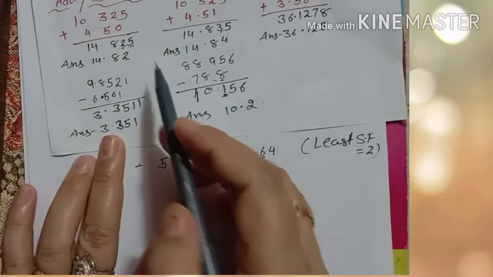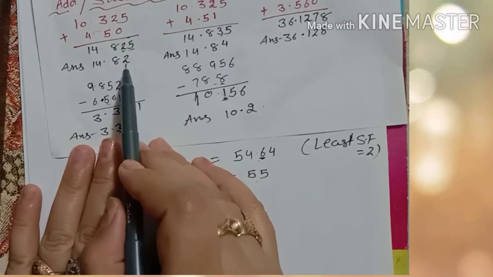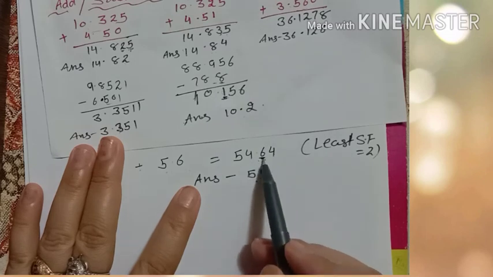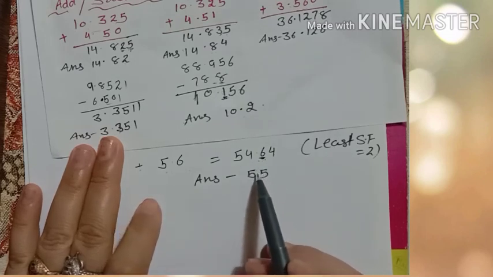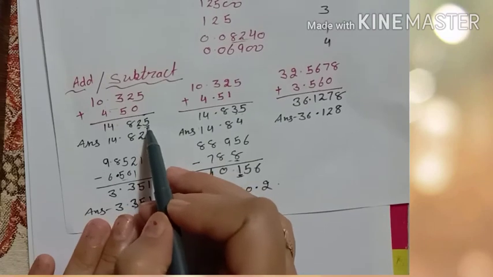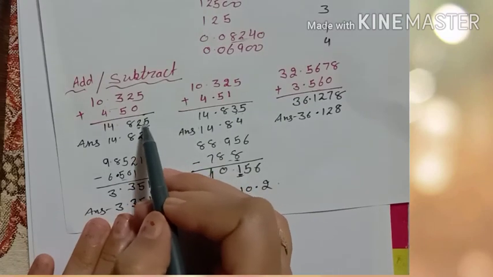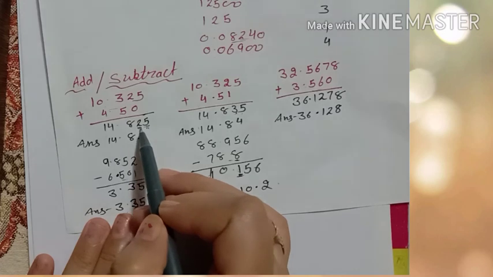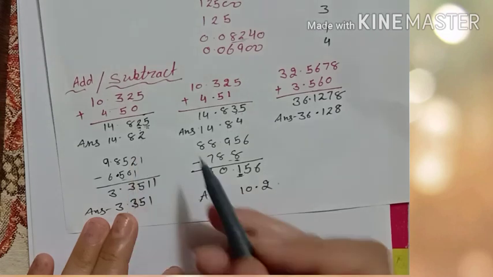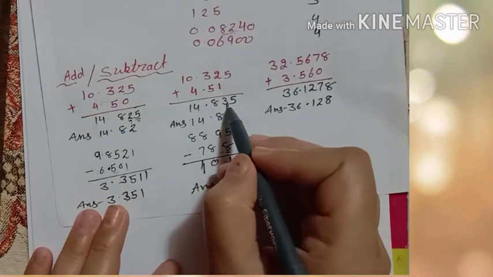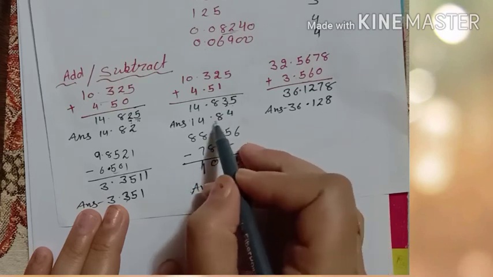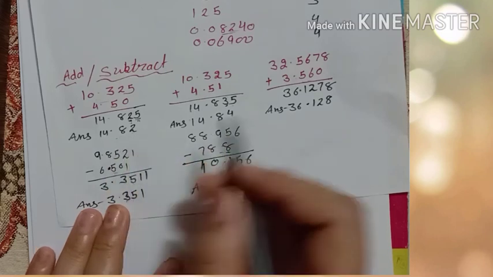यहाँ पर जो आंसर था ये, यहाँ पर क्या है आपका, ये 5 है, ठीक है. यहाँ पर आपका क्या है, greater than 5 है. Greater than 5 अगर है तो उससे पहले वाले डिजिट में एक add होगा ही होगा, irrespective of it is even और odd. But if it is 5 then we will see the number before the 5. If it is even then there will be no add of any one number to this digit. But if this is odd number like this, okay, then there will be addition of one digit, then answer will be here will come 14.84 and here 14.82, right?